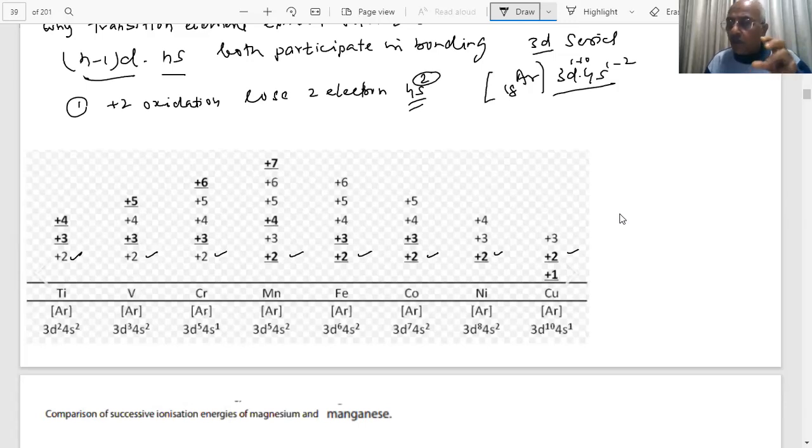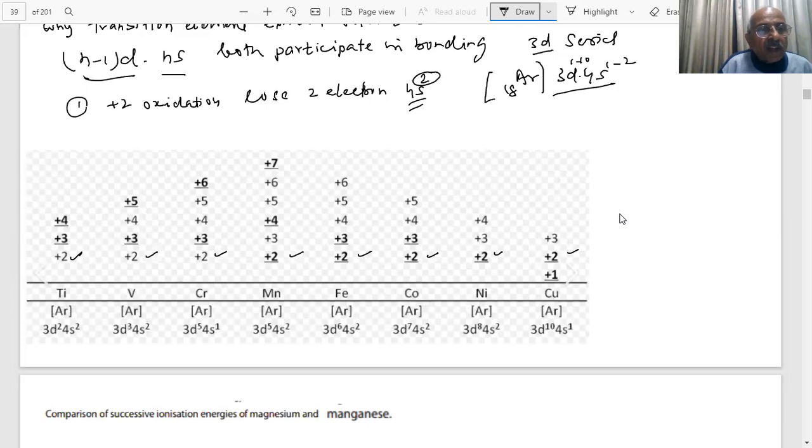And you know, we told you the 4s is outer and 3d is penultimate. When the electrons are lost, students, first they will be lost from 4s. As I said, the energy gap between 3d and 4s is very small. So the first 2 electrons will go from 4s, then the electrons will be lost from 3d. So if 2 electrons are lost, which ones are these? 4s. So they all show +2 oxidation state. And then what happens?